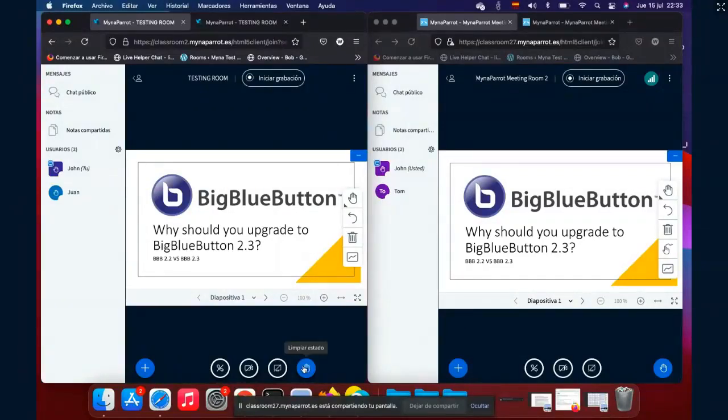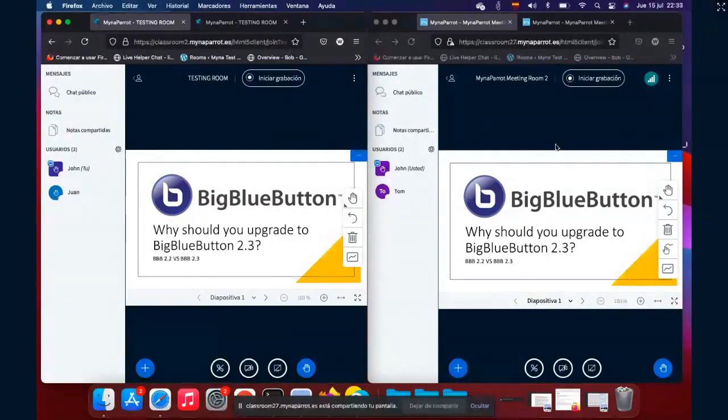The raise hand menu, or the raise hand button, is listed here. Okay, that's the interface. Another interesting thing I'm going to talk about is the shared notes. For now, the shared notes have been made really advanced.